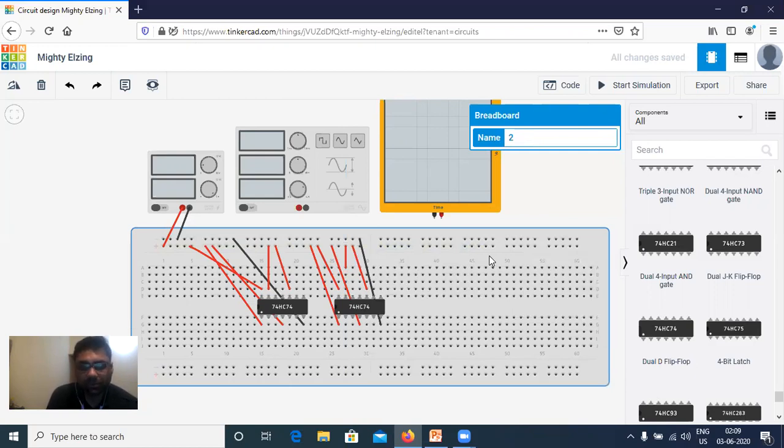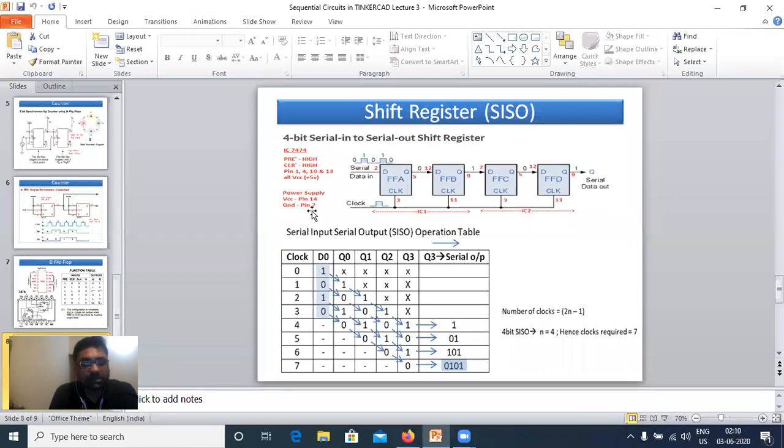So we have done the preset and clear connection and the ground and VCC connection.